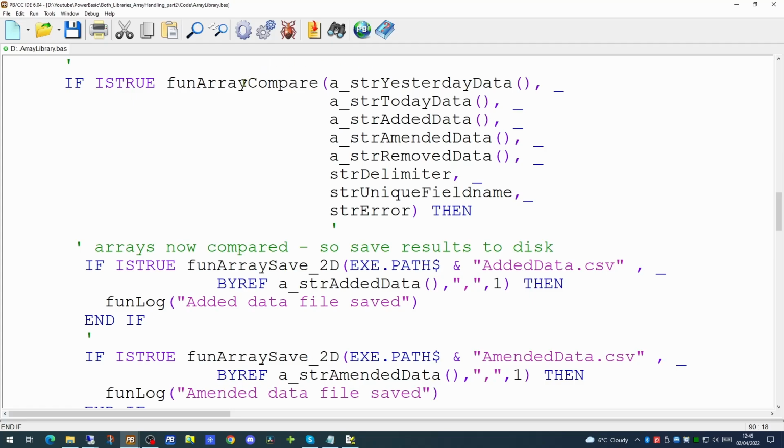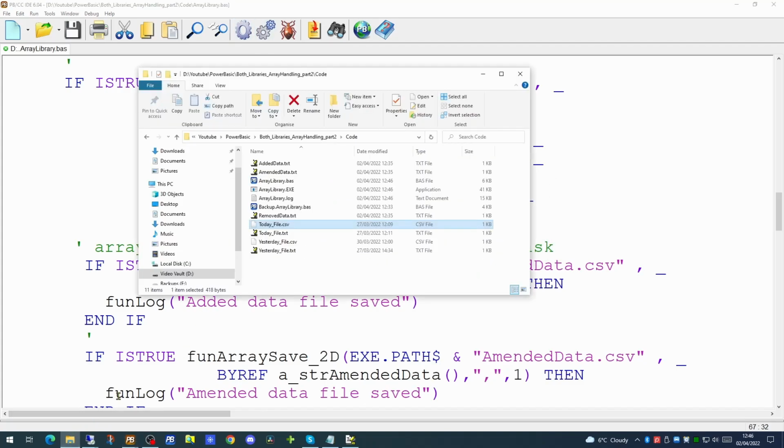However, the function we're calling to do the comparison of the arrays is still the same function. The arrayCompare function will actually work out whether the arrays passed to it are one-dimensional or two-dimensional and handle them appropriately. If you pass an array in that is a 3 or 4-dimensional array or anything higher, it will record that in the strError variable and return the value false. So we do a quick compile on that and go back to our folder again.